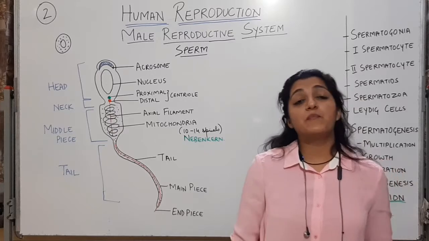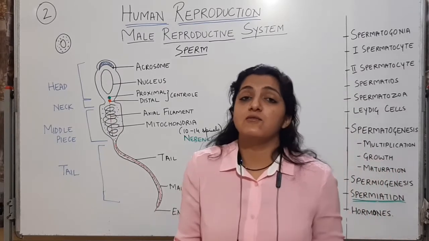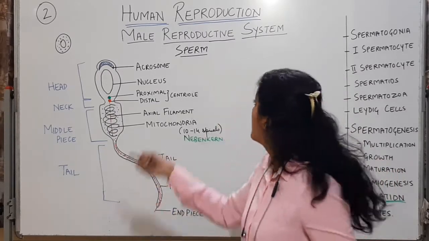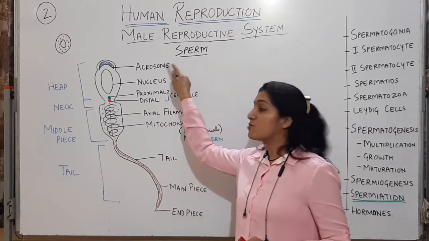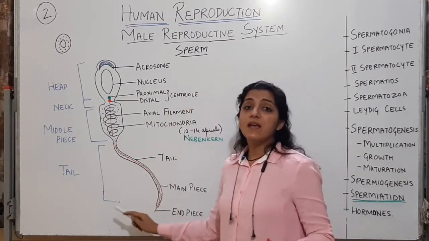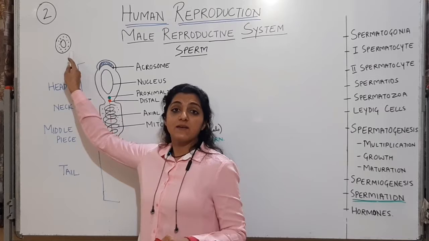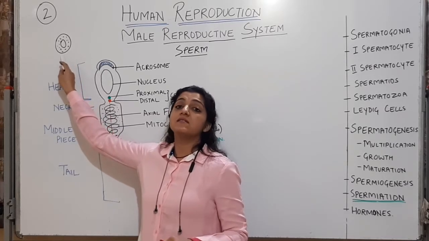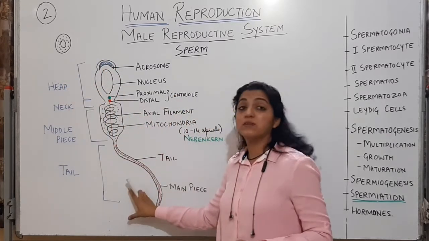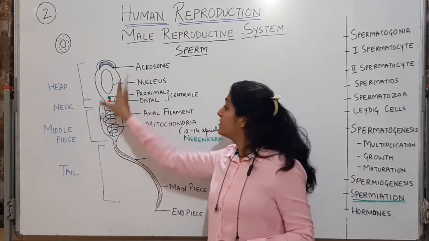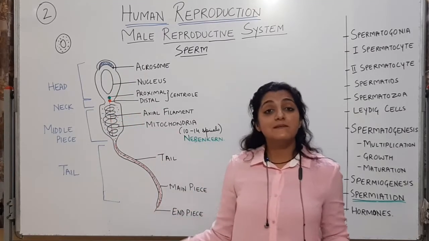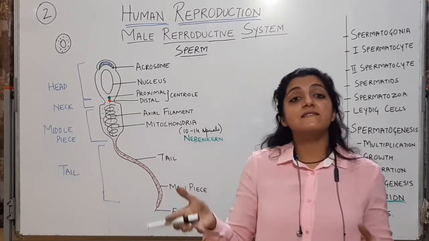Let us see the product of spermatogenesis now. Spermatogenesis से क्या मिला है? Sperm मिला है. Let us see the structure of this sperm. एक छोटे से spermatid से spermatid की length increase होती है. Okay, and you get the specialized cell, that is the sperm, which is the male sex gamete.